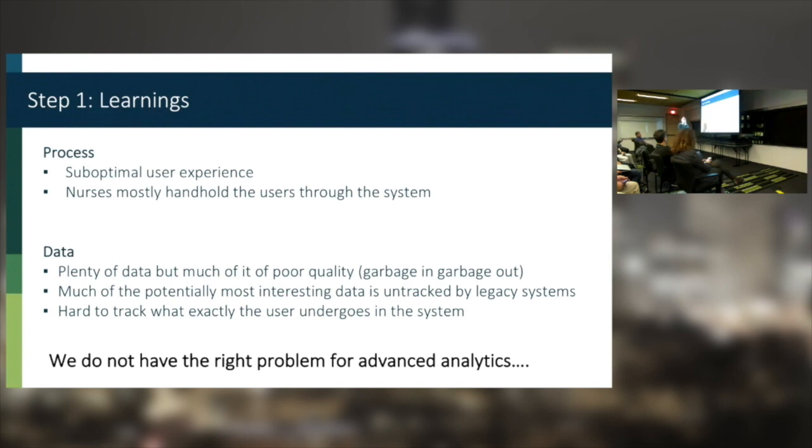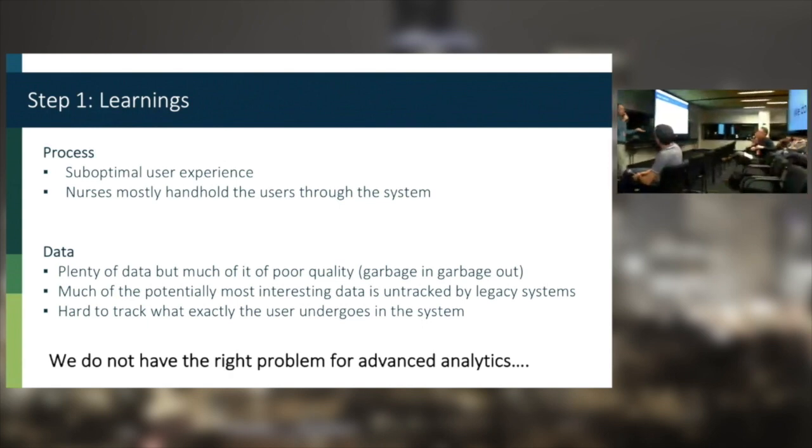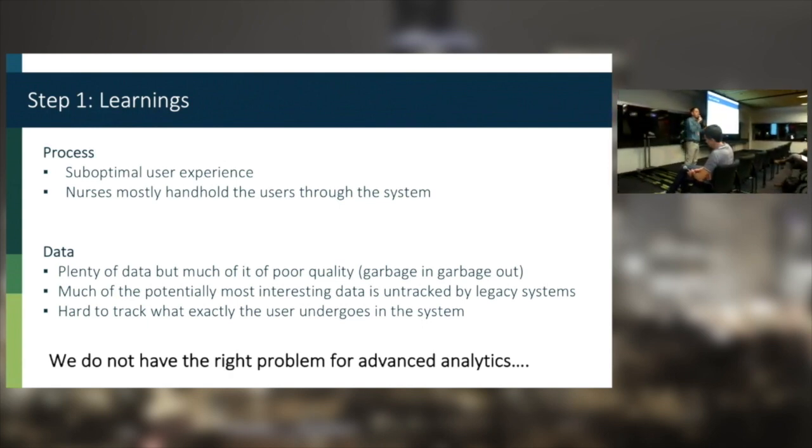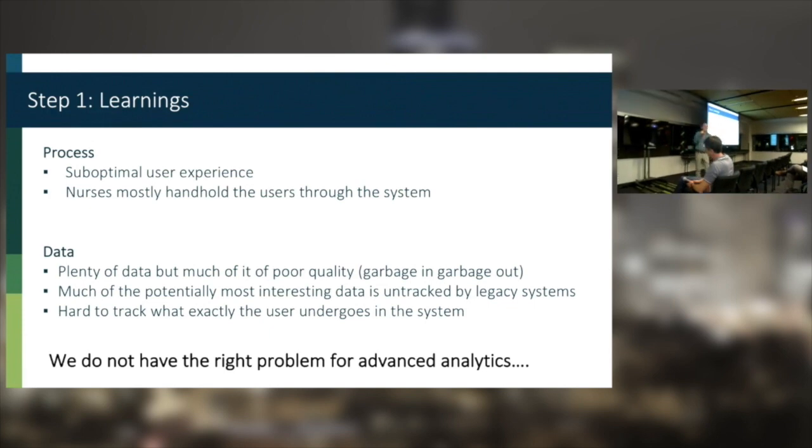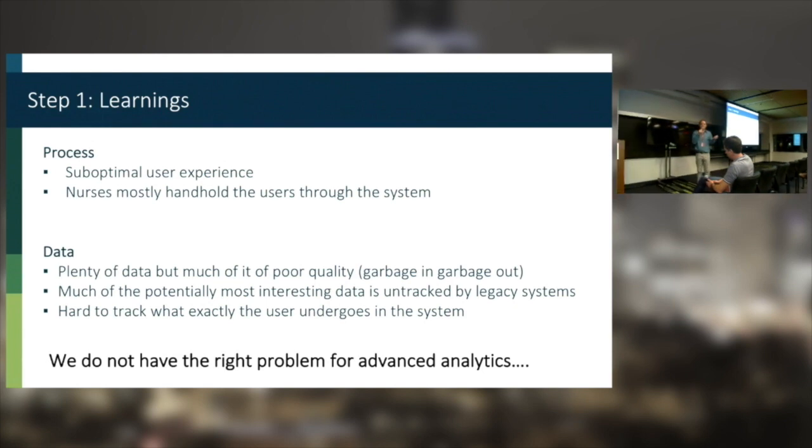So they weren't tracking a lot of the data that we wanted, to improve or at least to know how we perform. And it was impossible for us to actually track the user journey in the system. So Amazon, for example, when I enter the website, they know exactly what I'm doing every step of the way, and they can improve accordingly. We had nothing. And that was one of the things that was really critical.